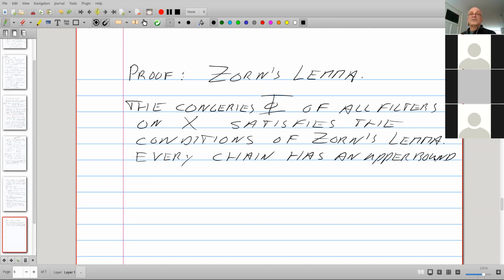Right? This is what Zorn's lemma wants us to check. You need a partial order in which every chain has an upper bound. If that is the case, then the partial order has maximal elements.